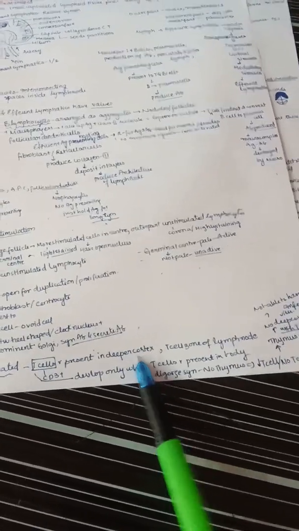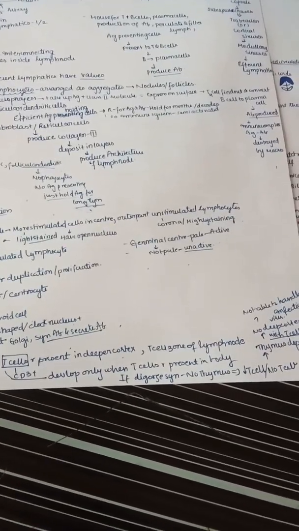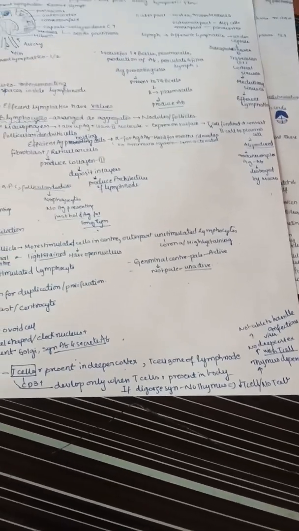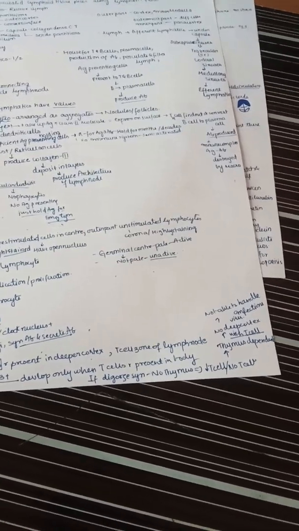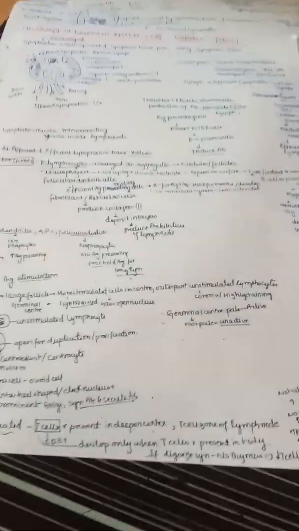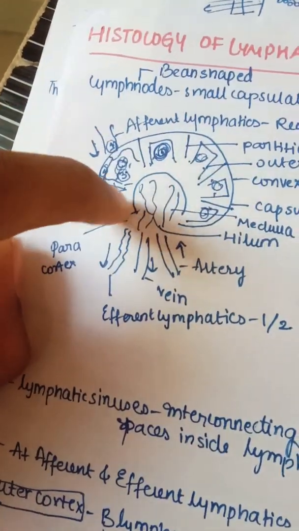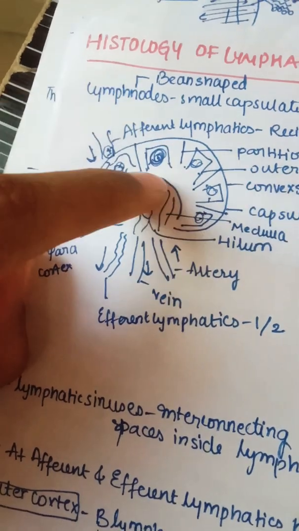The paracortex is also known as the T cell zone of the lymph node. It mainly has CD3 positive markers and develops only when T cells are present in the body. In DiGeorge syndrome there is no thymus, so there are no T cells. So we can say the paracortex is a thymus dependent area, and there is no development of the deep cortex with T cells. They are not able to handle virus infections, some bacterial infections, and also fungal infections. So this is the outer cortex mainly containing B cells, and this is the deeper cortex, also known as the paracortex, which mainly contains the T cells.